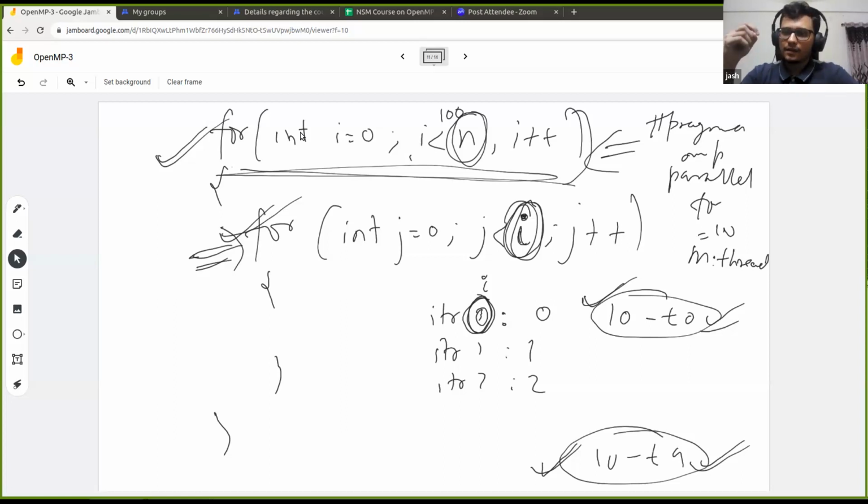In that case, each iteration of the outer for loop might have a different amount of work to do. So iteration 0 might have 0 units of work. Iteration 1 might have 1 unit of work. Iteration n might have n units of work to do, right?